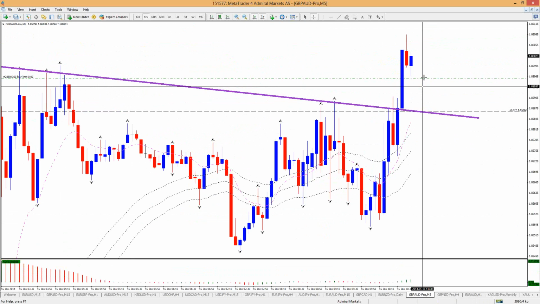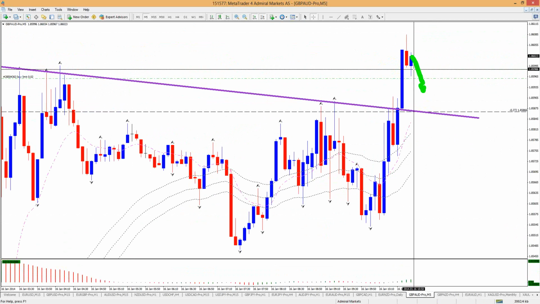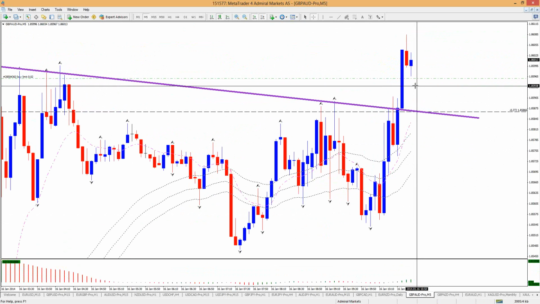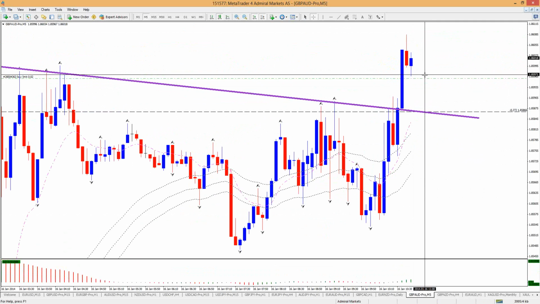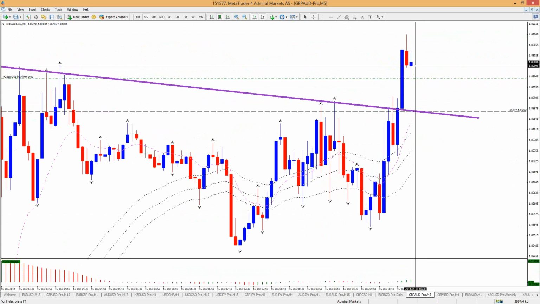Looks like my entry order was just missed. But it still could go back. Looks like a few pips, or maybe 2-3 pips, I'm not sure. There's a 1 pip difference here plus spread, so it was close, but let's see. I'm not going to jump in. I'd rather wait for,